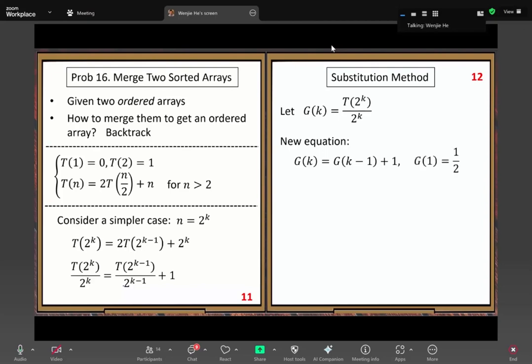Initial value of g: plugging in k equals 1, we have the initial value of the g function. Then we do recursion. Because g of k minus 1 equals g of k minus 2 plus 1, 1 plus 1, you have this 2. The second time you apply this recursion, you get that number. Then we keep doing this,